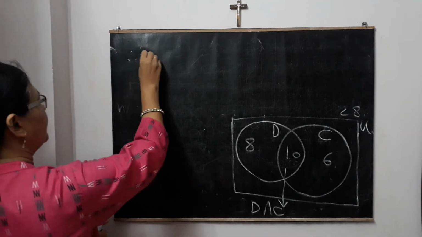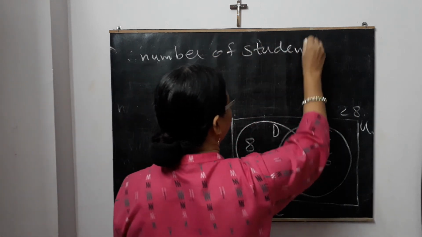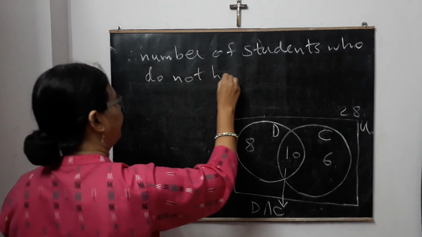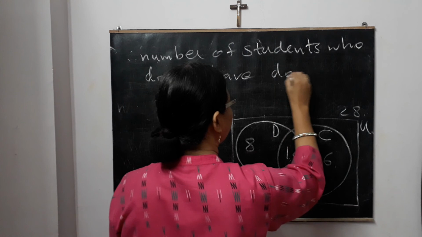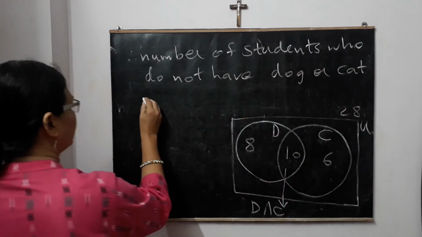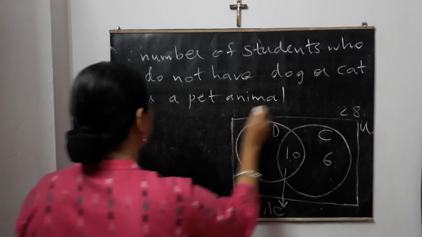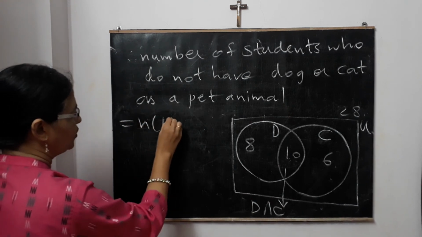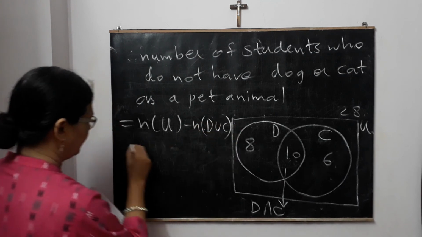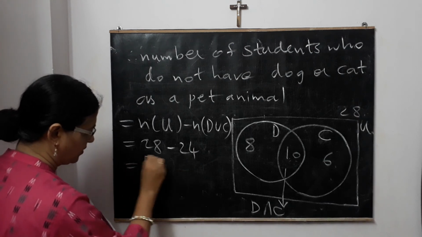Therefore, the number of students who do not have a dog or cat as a pet animal is nothing but equal to n of U, universal, minus, what is the answer we just got? D union C. What is n of U? 28 minus 24, that is equal to 4. Okay, so this is